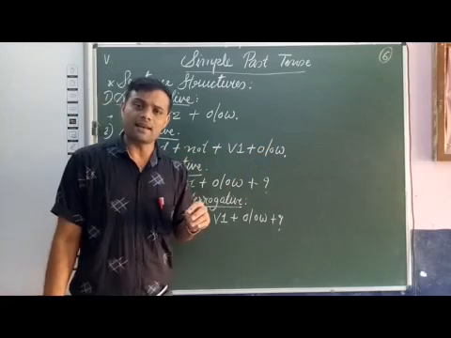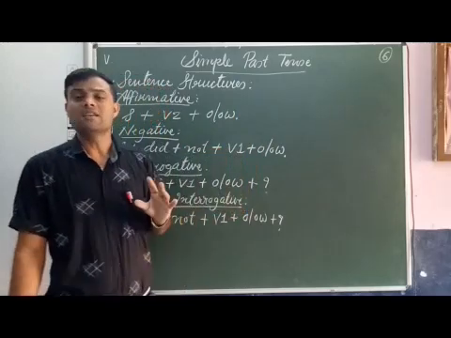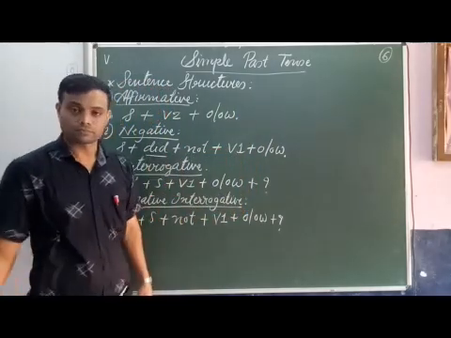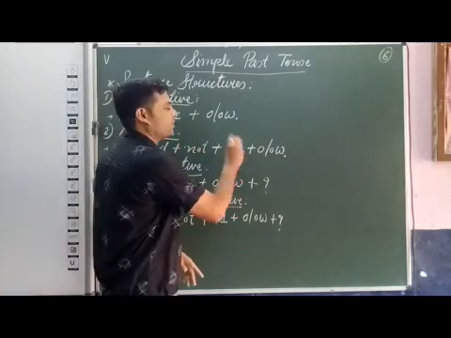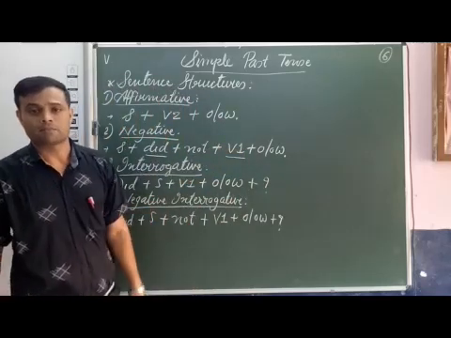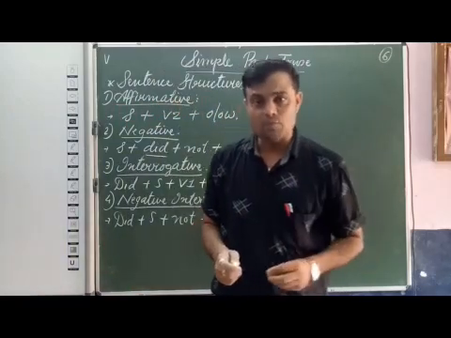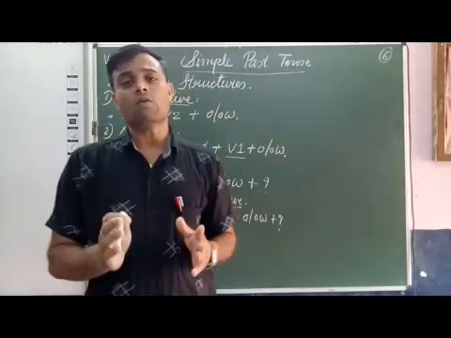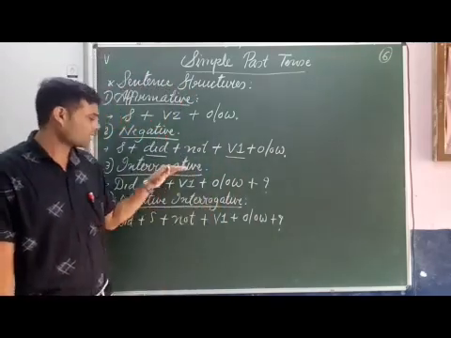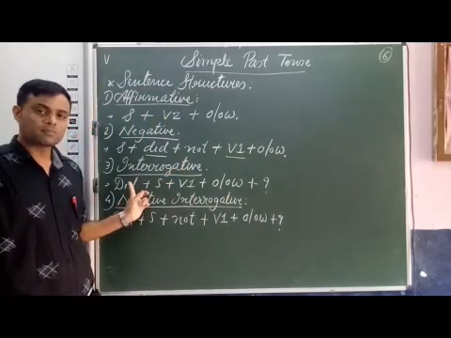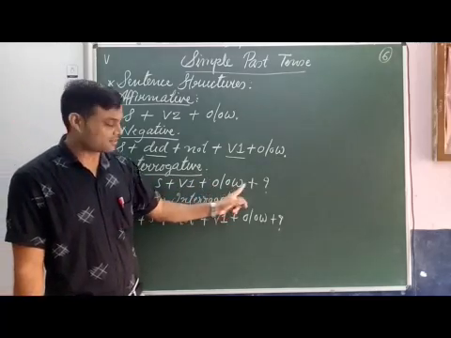Students, as I said earlier, in simple past tense, to make negative and interrogative sentence, we use helping verb did. And when we use did, we have to remove V2 and we have to use V1. So this we have to remember. Now interrogative sentence: first did, then subject, then V1, then object or other words and at last question mark. See here, interrogative sentence structure: did, subject, V1, object or other words and question mark.